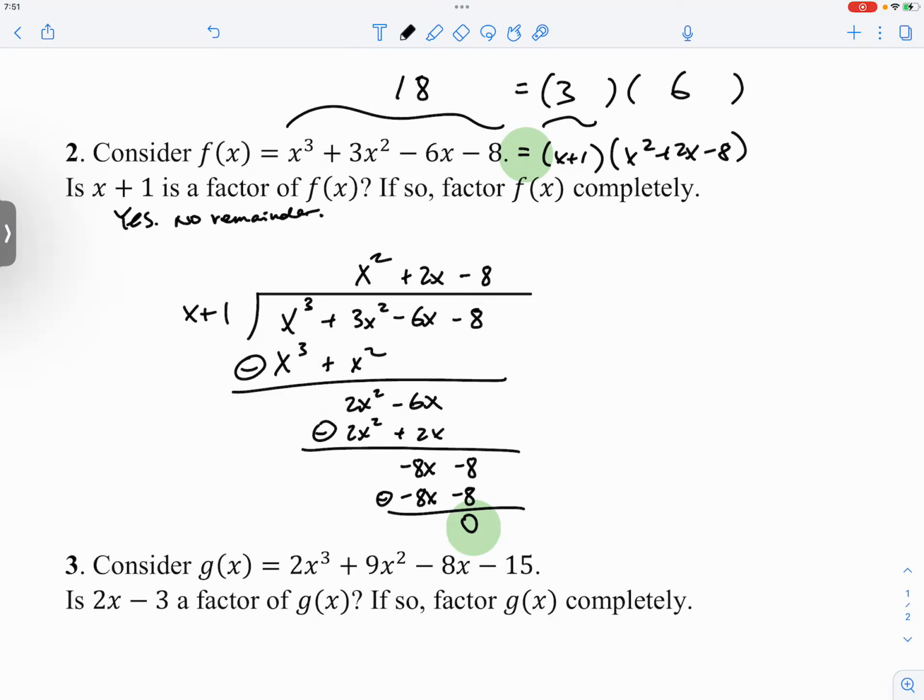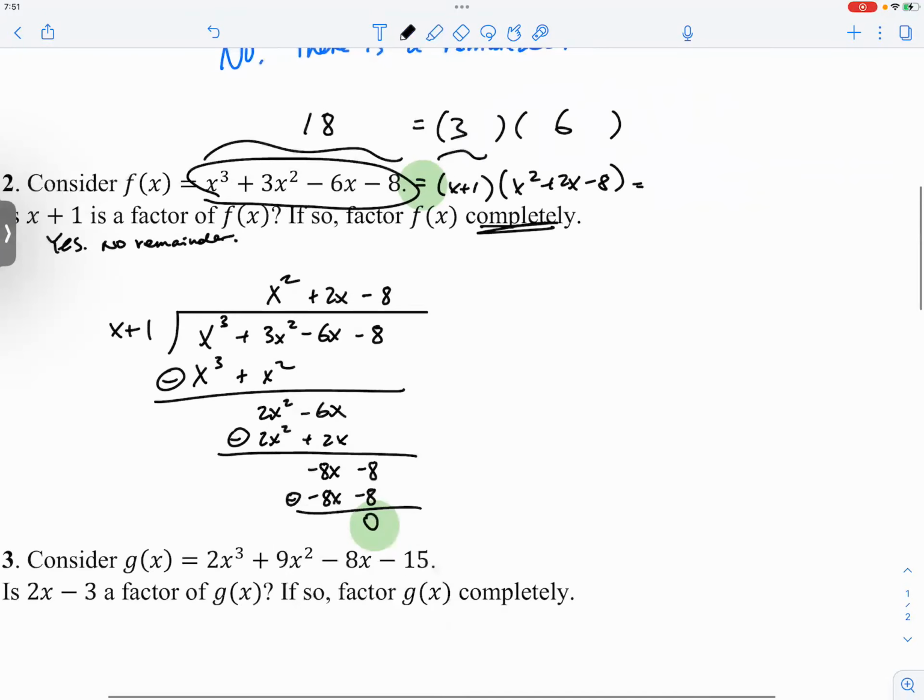The same thing right here. The parallel is you have this polynomial, and we questioned whether x plus 1 is a factor, and we proved that it's a factor because it has no remainder. And because there's no remainder, we'll go ahead and have the divisor, the factor, times the quotient. But it says factor